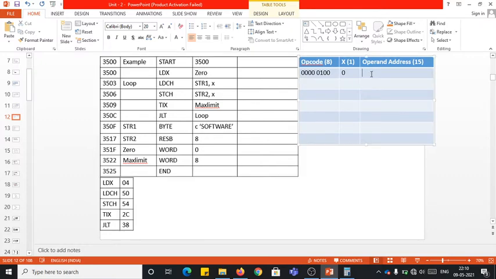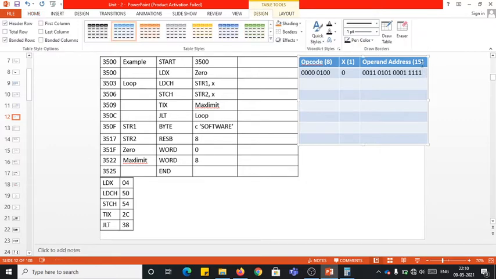So how do we write 351F? It is 0011 for 3, 0101 for 5, 0001 for 1 and 1111 for F. This is 351F. But when you write that in bits format it requires 16 bits, and in the field we have only 15 bits. So among the 16 bits, irrespective of whether the first bit is 0 or 1, you need to neglect the first bit. That's how we make it 15 bits. Even about this we spoke in the previous example, right?